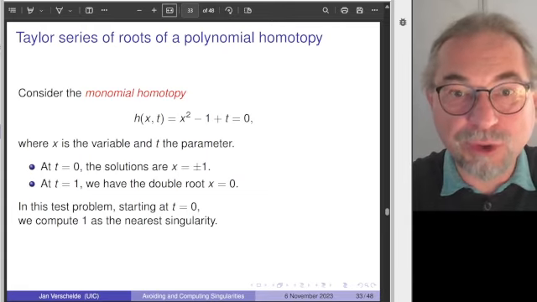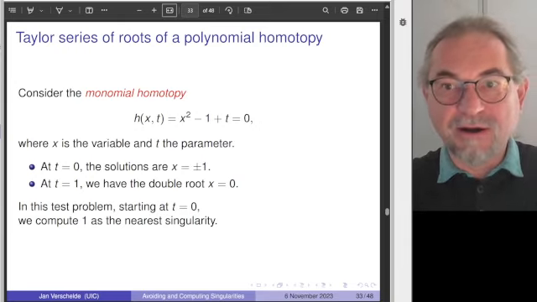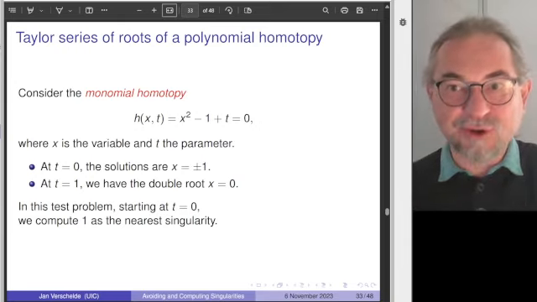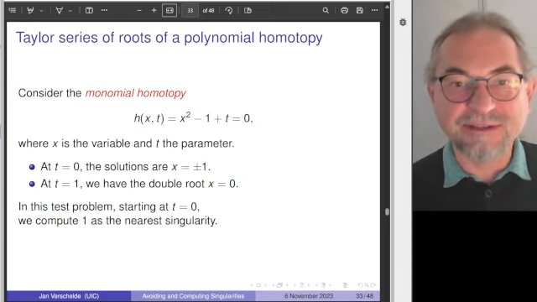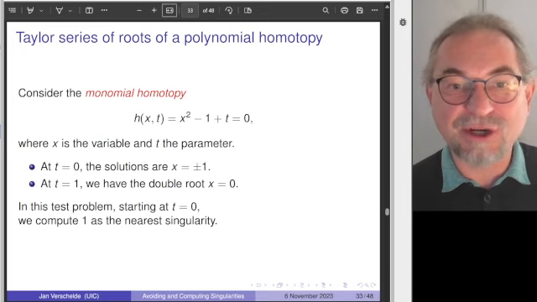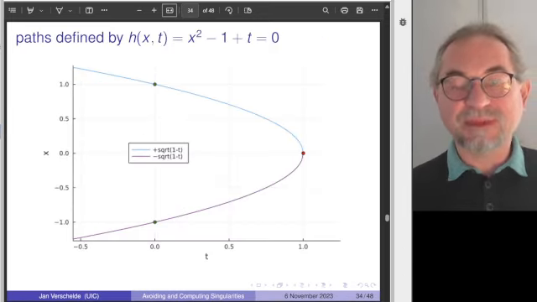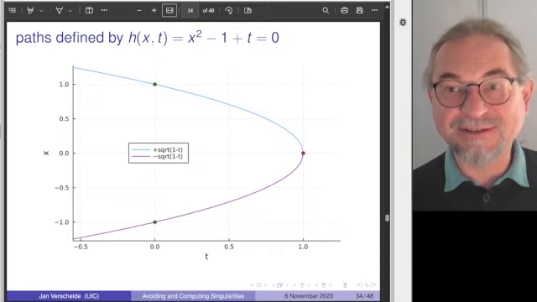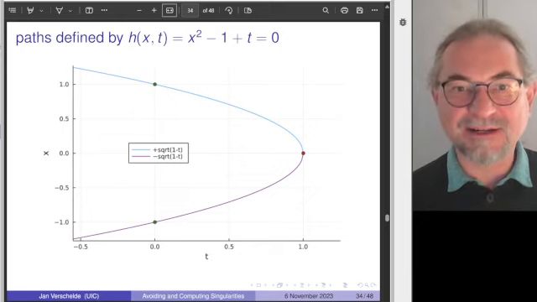So a monomial homotopy consists of a monomial and a constant, and a power series. So you can actually write this homotopy as x squared equals 1 minus t. So here is the picture. It's the very simplest non-trivial monomial homotopy, but you could say that if you don't understand this case, so we